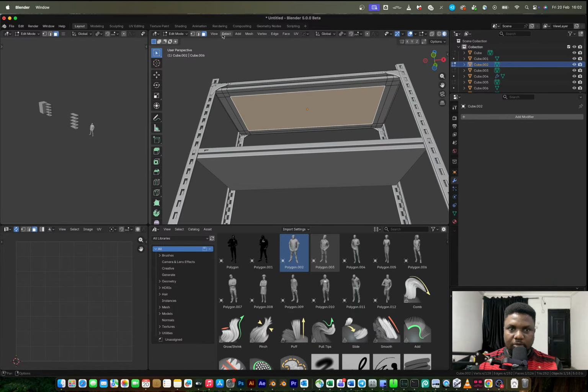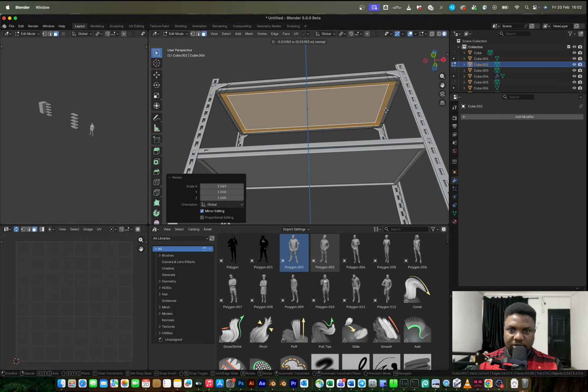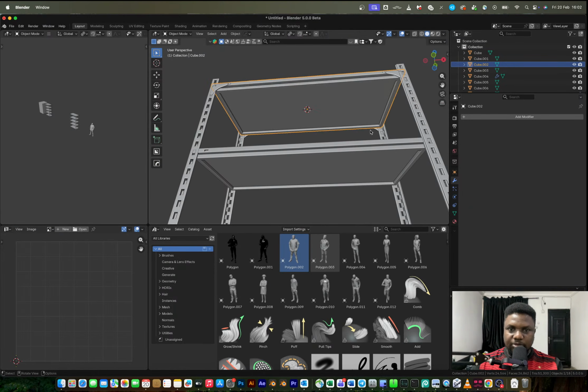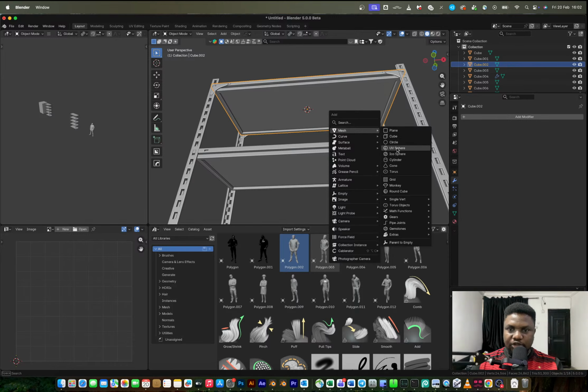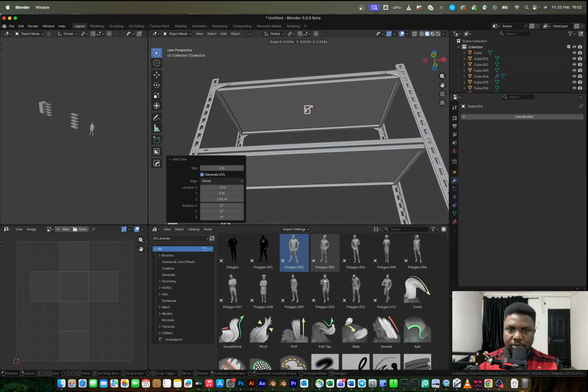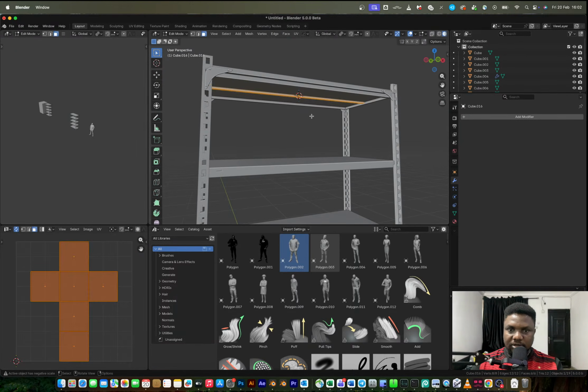I'm going to select more, SX, and I'll extrude this on the Z just like so. Bring cursor to this point, and I'll just bring in a cube. What the cube is just going to do is form a base structure for this. I can select this and GY, move this out,